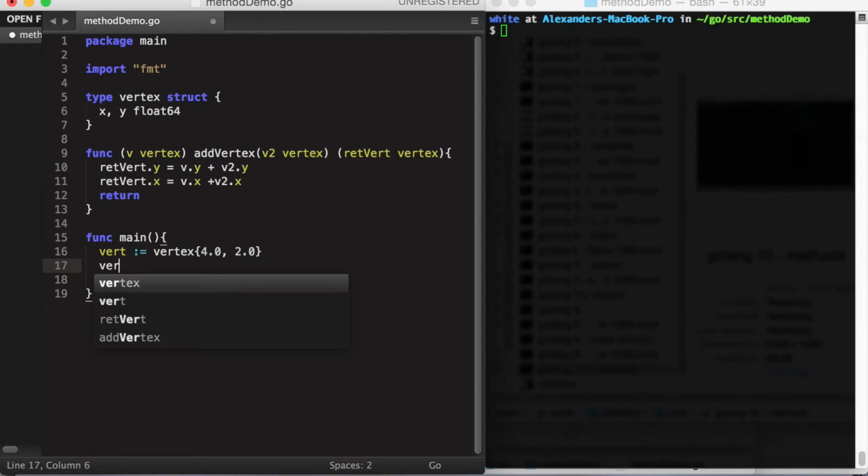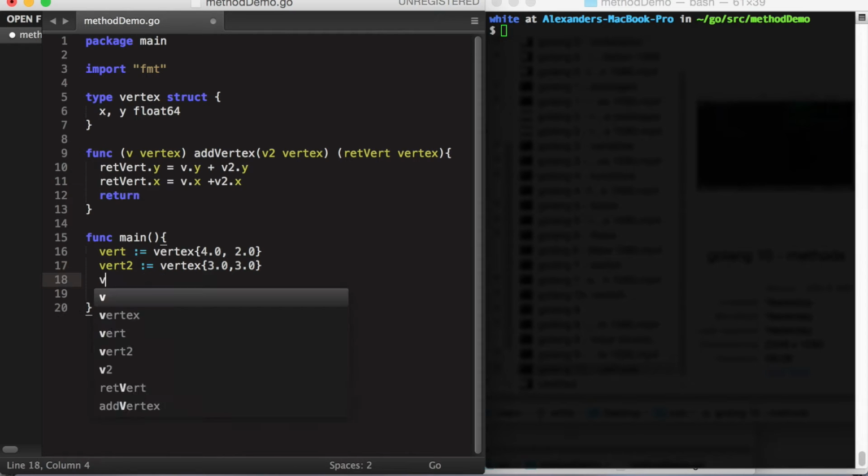In the main function, let's declare a new vert. And another. This one we're going to send the original vert, our add vertex method, along with the parameter,